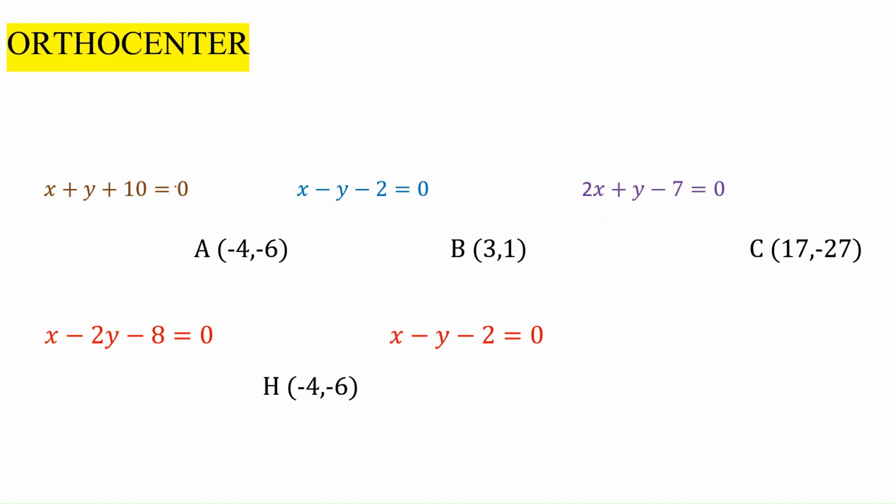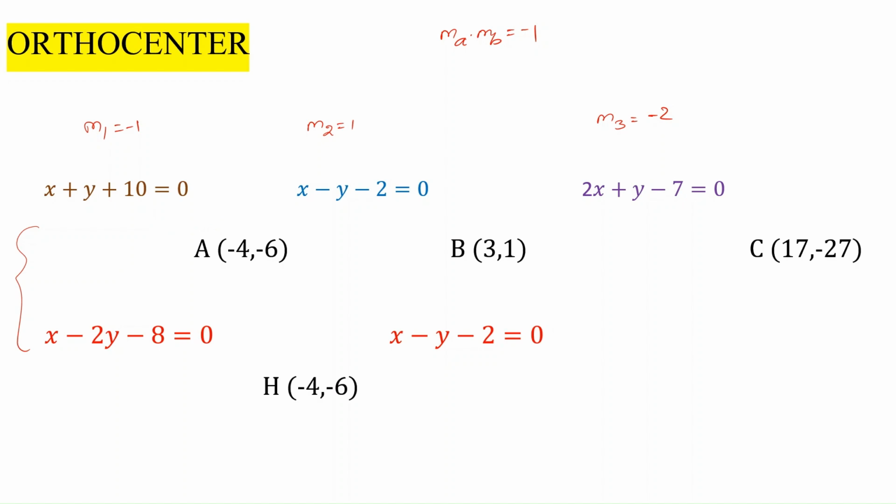When the sides of a triangle are given, to find the orthocenter, instead of doing all the steps, first we can find the slopes of the equations. For the first one it is minus 1, for the second equation it is 1, and for the third one it is minus 2. After finding the slopes, see if any of these have the relation that first slope into second slope is equal to minus 1. This is the condition for perpendicular lines, m1 into m2 is equal to minus 1. When we have that relation, we can directly write the point of intersection of those two lines